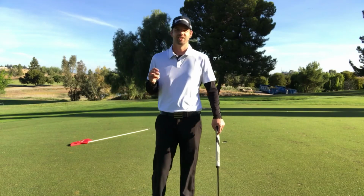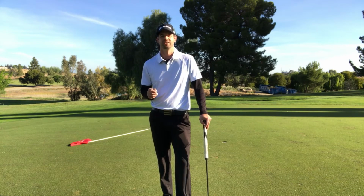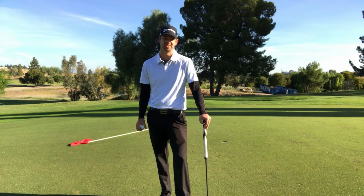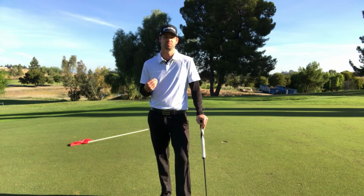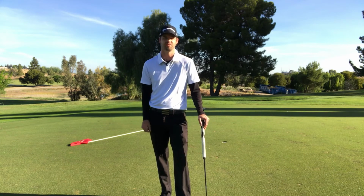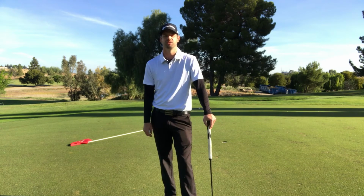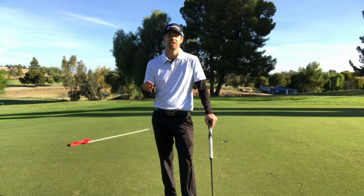So my number 2 method in lowering your scores is putting. Focusing on how many putts you have per round. Think about it. If you average 3 putts a hole, that's 54 strokes in your round. If you average 2 putts per hole, that's 36. And if you by chance have an average of 1 putt per hole, that's 18. So there's a huge variance there of strokes you can drop very quickly just by focusing on getting better at